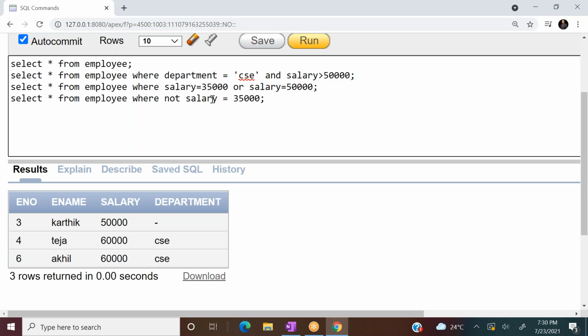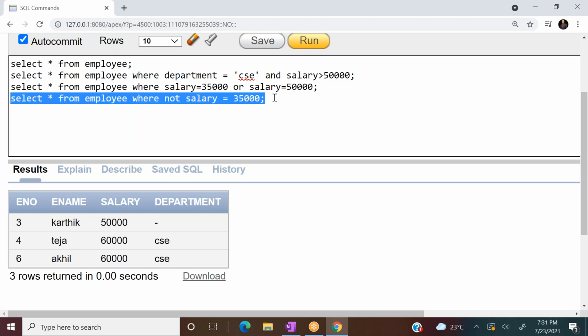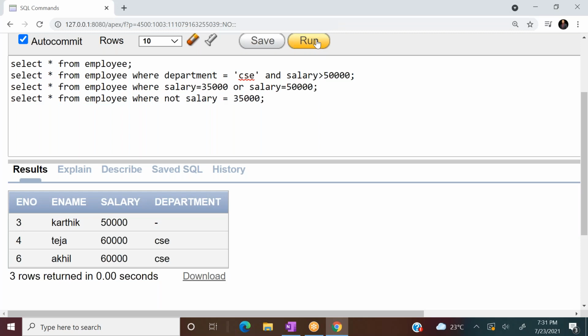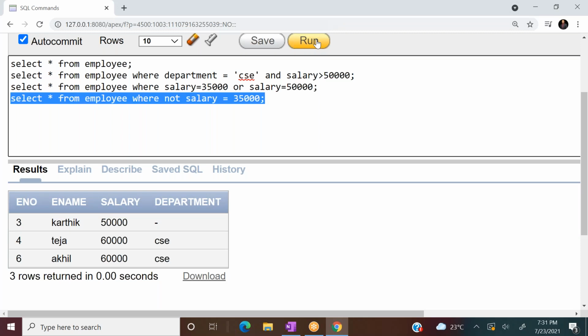If it is false, NOT false is true, that tuple is going to be selected. Now check whether this is working or not. Yes, it is working. So either you use the NOT operator before the condition, or you can use a not equal to operator, which is the combination of less than and greater than.